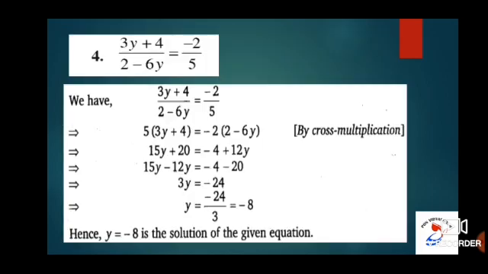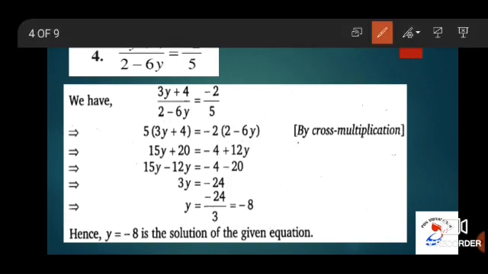Now we will move on to today's session. This is a continuation of the previous session. Here we are going to start from sum number 4. So from problem number 4, we are going to use the method of cross multiplication. We will see what is cross multiplication. Cross multiplication is nothing but we are going to take the numbers and multiply it.